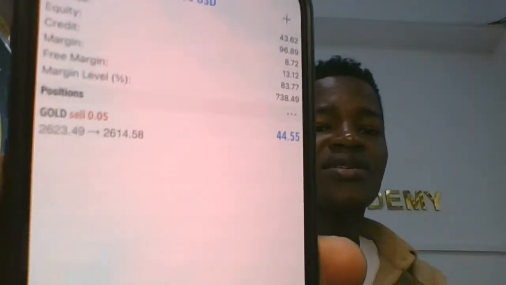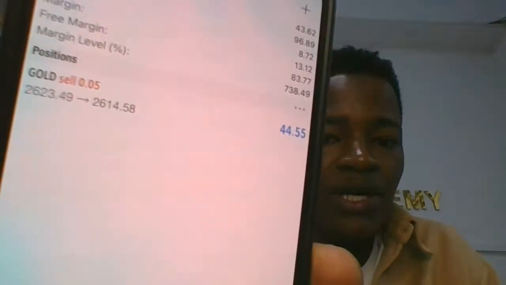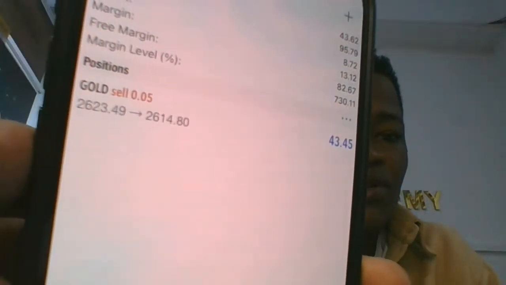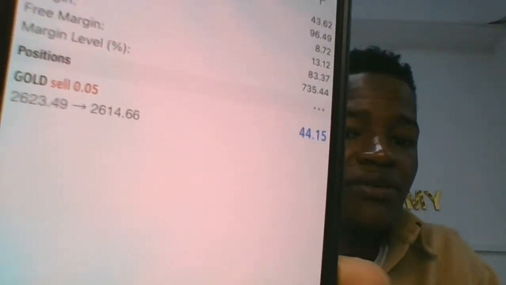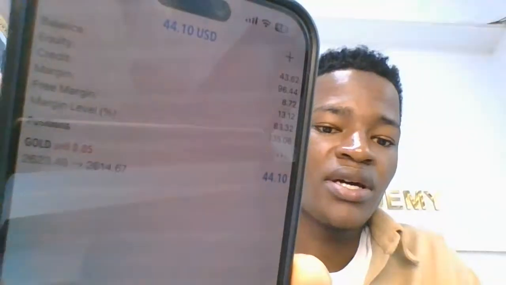You can see, even if I'm flipping an account, I won't put a very big lot size. With a lot size of 0.05, I've already flipped this account. I deposited this $40 early in the morning and I wanted to make some few coins on it, some breakfast on it. So the trade is still running. But that doesn't mean you have to take the trade right now, because I already took the trade early morning. Entries are a key thing.